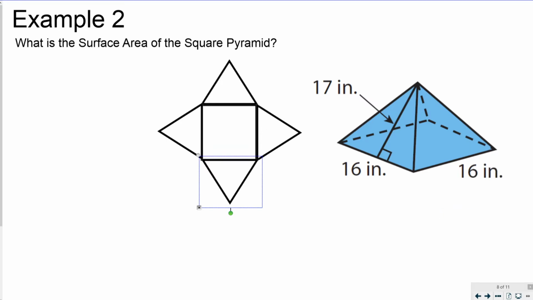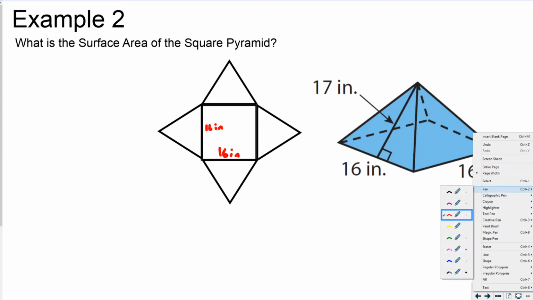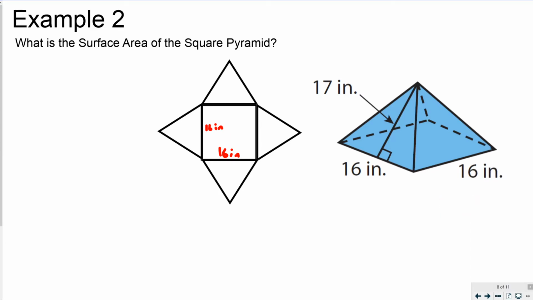So the first measurement would be 16 inches here, and then 16 inches going up this way. So that would give me the two measurements of the square. And then I could also put in the height of the triangles. It's not quite to scale, but it's close enough. So the height of the triangle here,